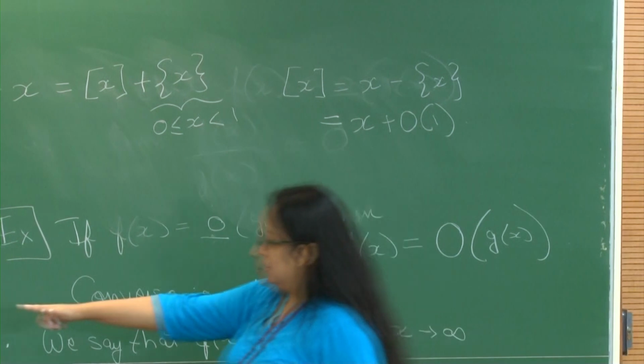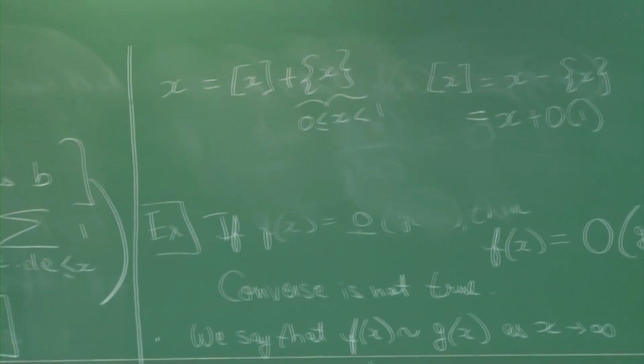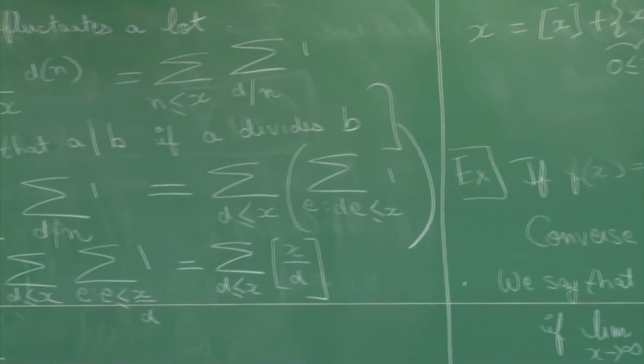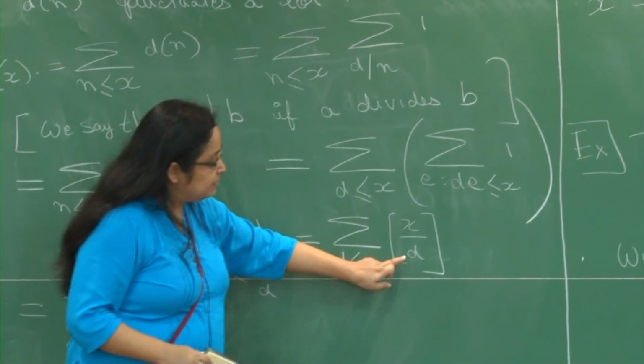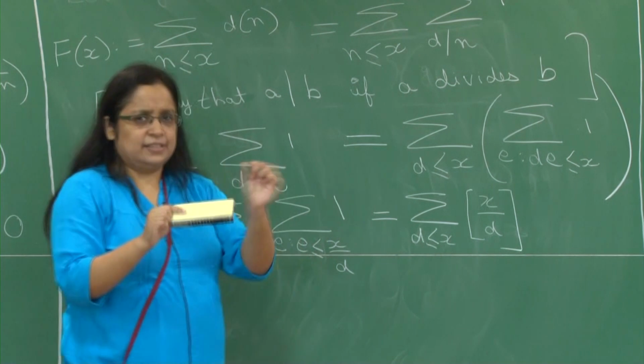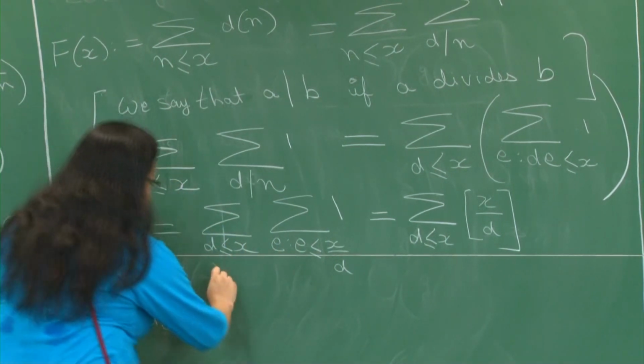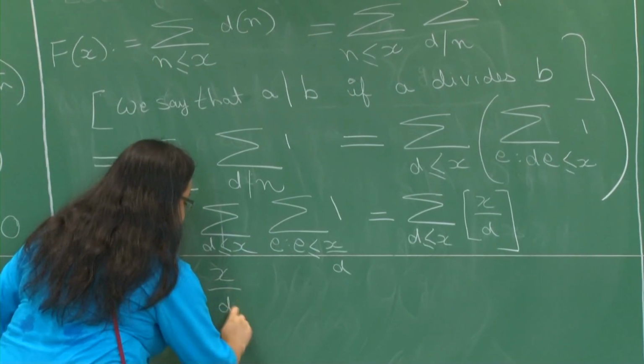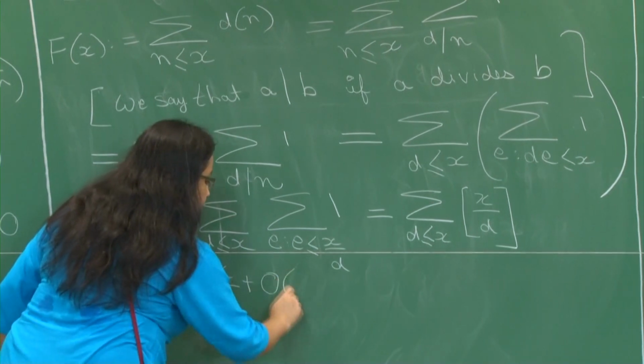So, basically this is a precise way of saying that box x by d is very close to x by d, give and take a small constant. So, x by d plus O of 1,